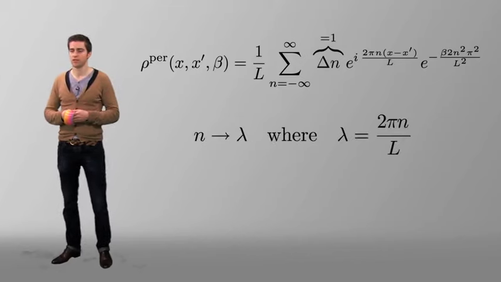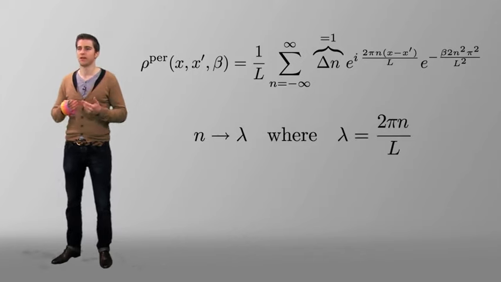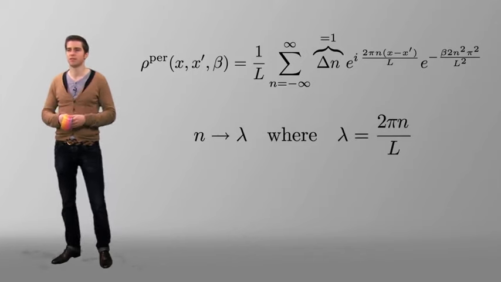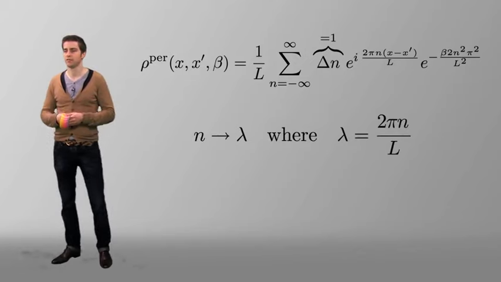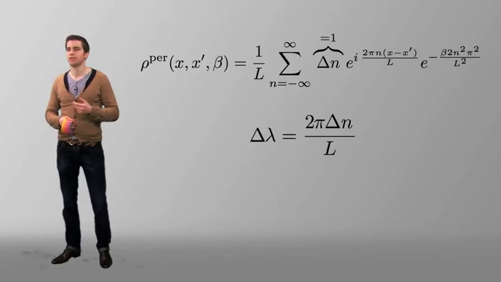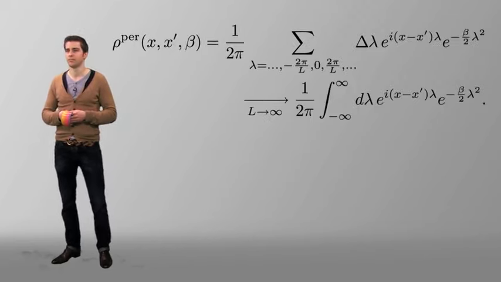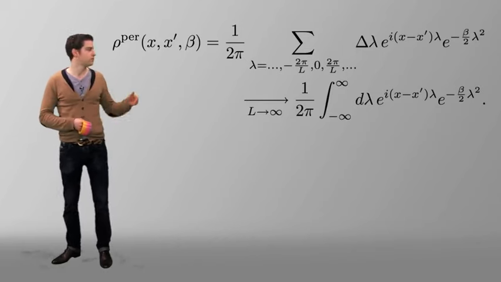We then change the variables from n to lambda with lambda equal to 2 pi n over L. Thus we have delta lambda equal to 2 pi delta n over L. This leads to this